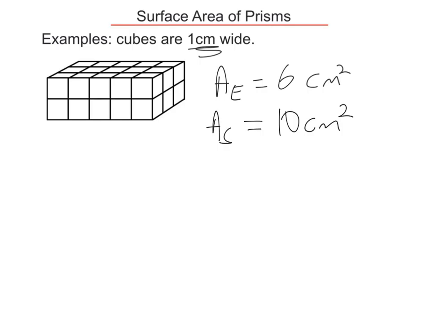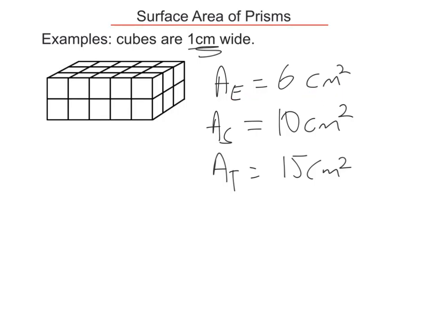The top has 1, 2, 3 by 1, 2, 3, 4, 5. 3 5s are 15. So the top is equal to 15 square centimetres. For a prism like this, a rectangular prism, there are two of each of those. There's a top and a bottom, which will be 15 square centimetres each. There is a front and a back, the two sides, which are 10 each, and there's also the two ends,